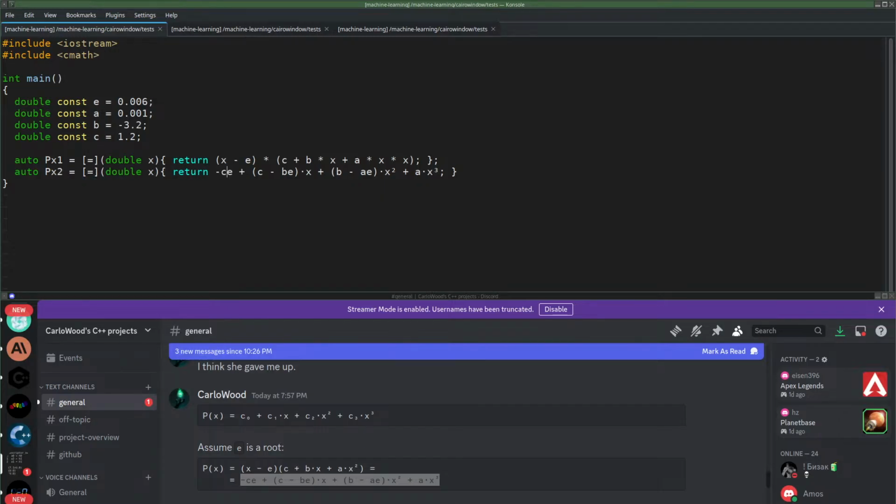And this one is then minus C times that plus C minus B times E times X plus B minus A times X times E, times X times X, plus A times X, that looks silly, times X times X times X. We should just use power. Okay. That is the first line. And in order to check if these two are the same,